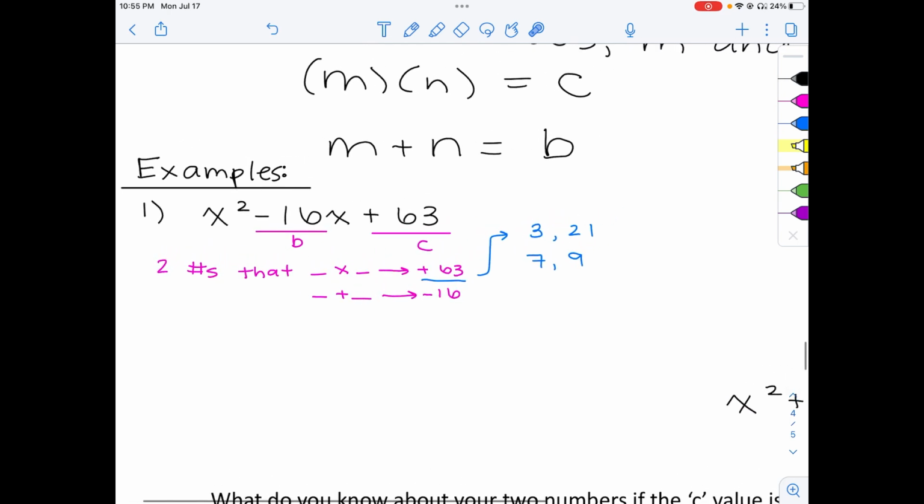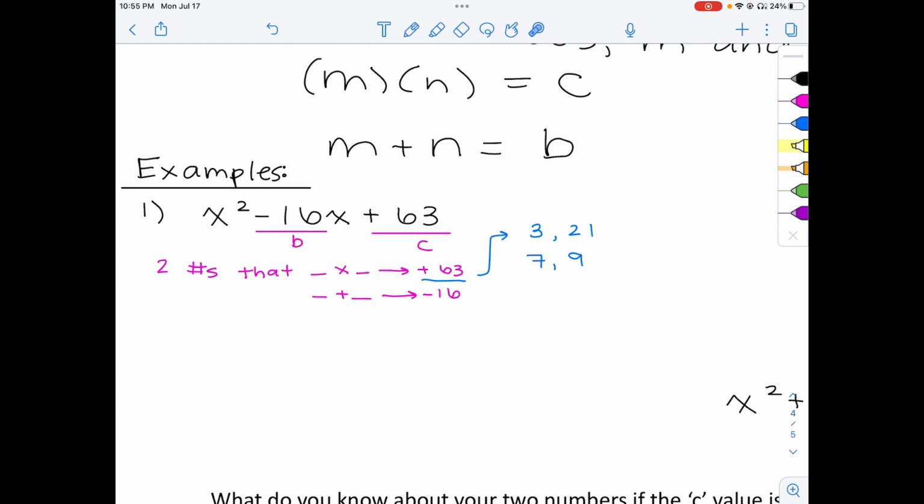So I know that 3 times 21 gives me positive 63, and 7 times 9 gives me positive 63. And now I want to look and see, okay, what are my options for what the signs can actually be? Okay, so 3 times 21, like I said, gives me 63. 7 times 9 gives me 63. But they also need to satisfy the condition where if I add them together, they give me the b value of negative 16. Okay, so what that's telling me is if I were to think through my options, I could